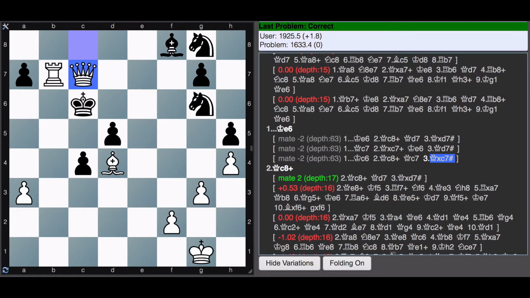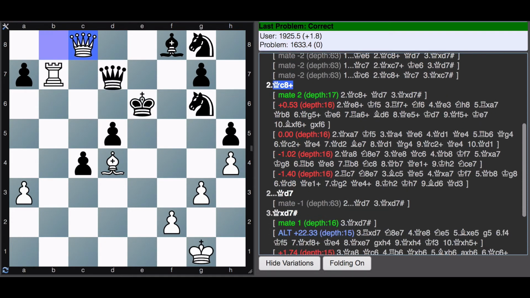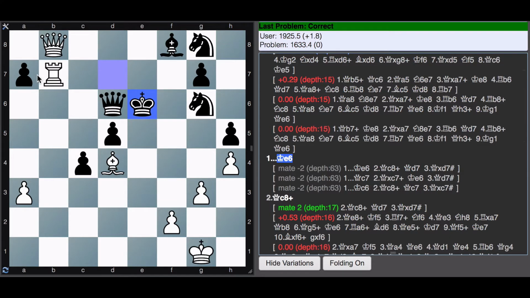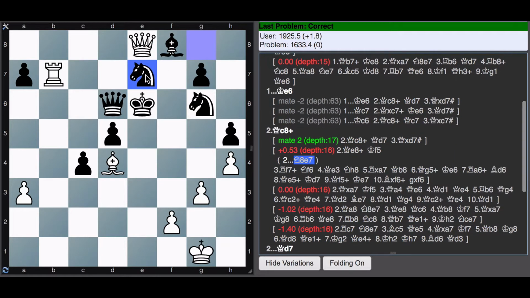That one was really difficult. That was a difficult problem for me. I was too caught up on queen e8 check for a long time, and I didn't see any other check in the position. I didn't see queen c8 until the end, but once you see queen c8, it all just sort of flows from there. The most common mistake in this position is to play queen e8 check, but after people are trying to pick up the knight on g6, but